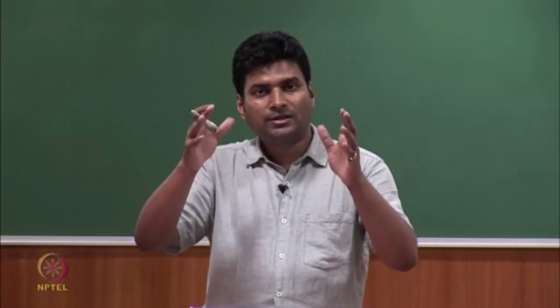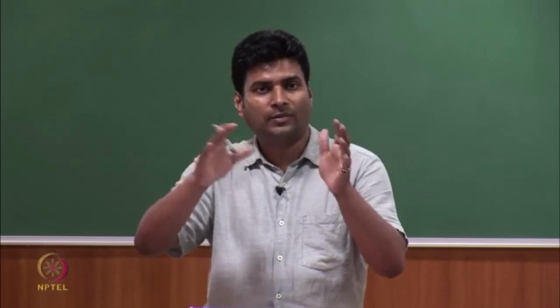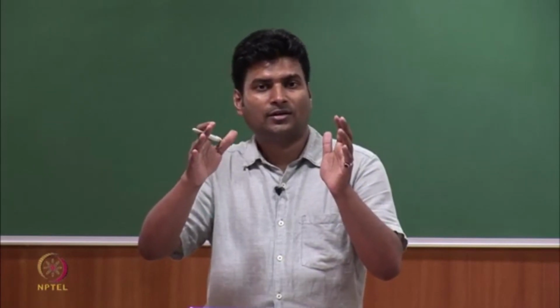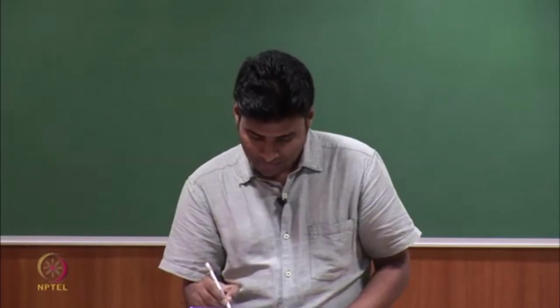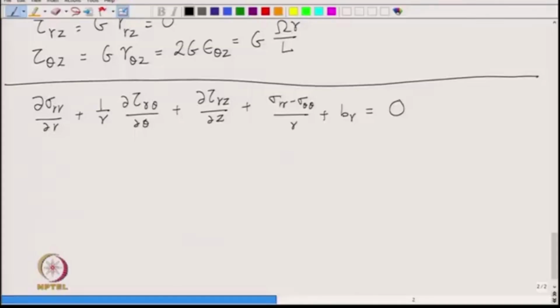So, we are talking about static configuration, there is no dynamics, there is no acceleration then. So, the right hand side would then be 0, is not it? So, it becomes 0. Okay, then the next equation is del tau theta r over del r plus 1 by r del sigma theta